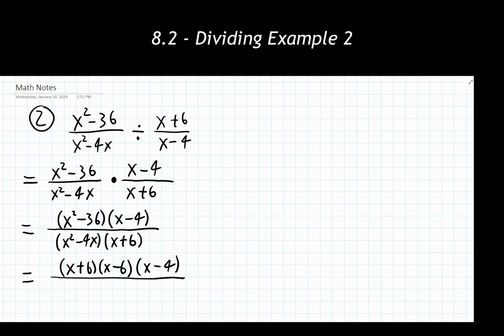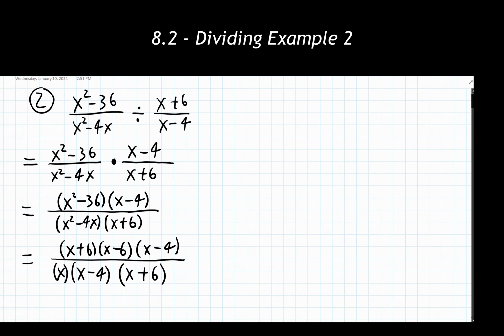In the denominator spot, I can factor this x squared minus 4x. I can factor out an x from there. What's left over? I have x minus 4. I did nothing to that x plus 6 down below, or at the very least, I should say, I cannot do anything to that x plus 6 down below. In terms of factoring, I can't factor anything out, so it's just going to stay as it is. And now looking at this thing, I have everything fully factored.